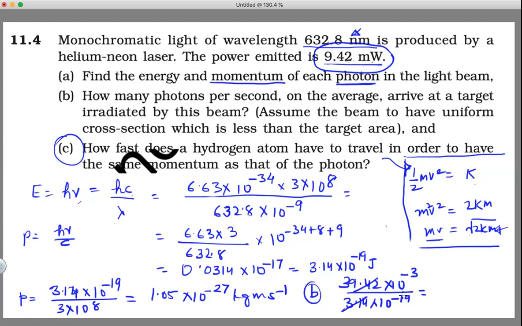We can cancel that. It comes to 3 into 10 raised to the power 16. Right? Now we are